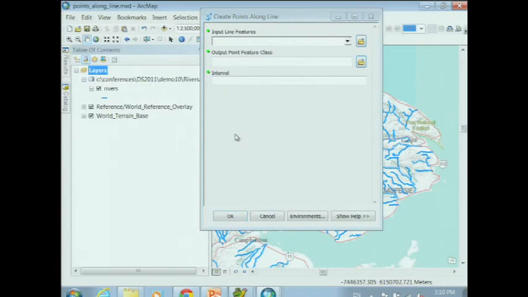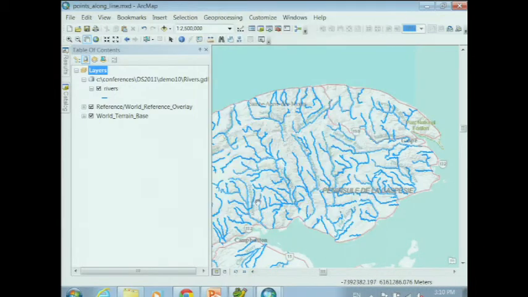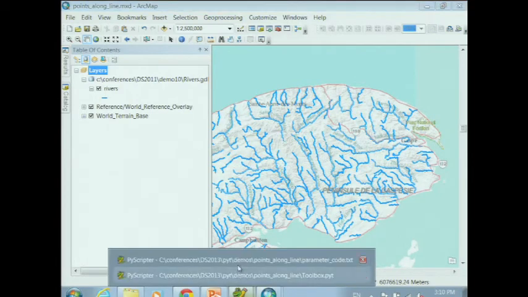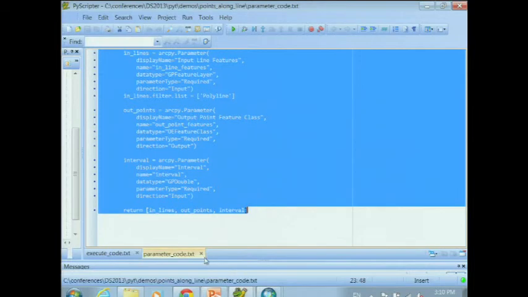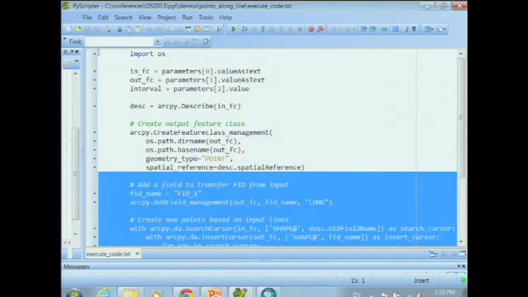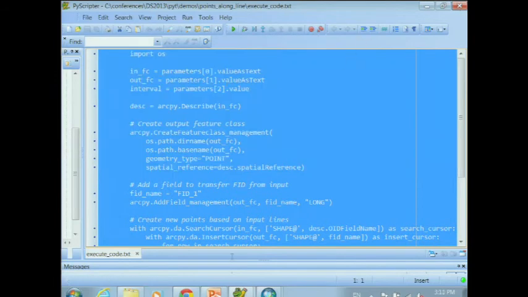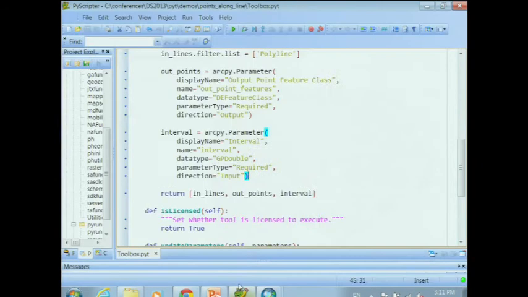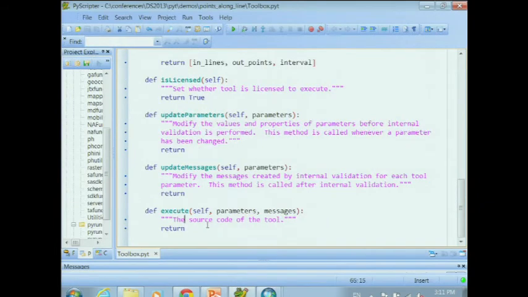All right, so basically at that point, I've defined the entire outside of the tool, all the parameters, all the structural stuff that needs to go around the tool. I've got pretty much everything I need. Now it's just really a matter... I can go in and make some changes on the validation, but in this case, I'm actually just going to leave it blank. So now I can take this code that we looked at earlier,